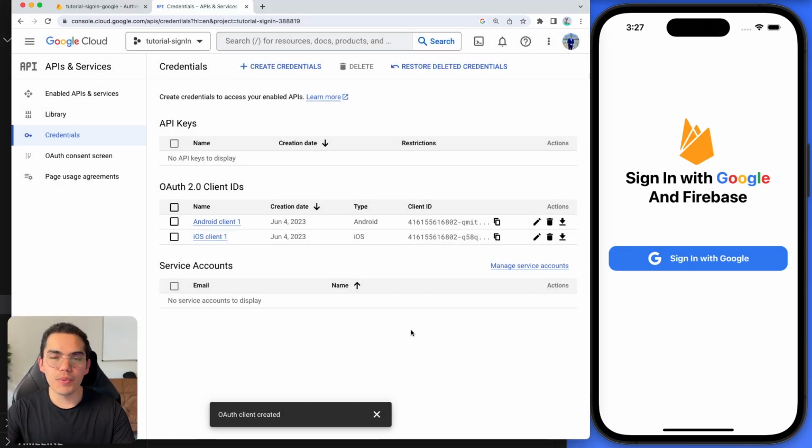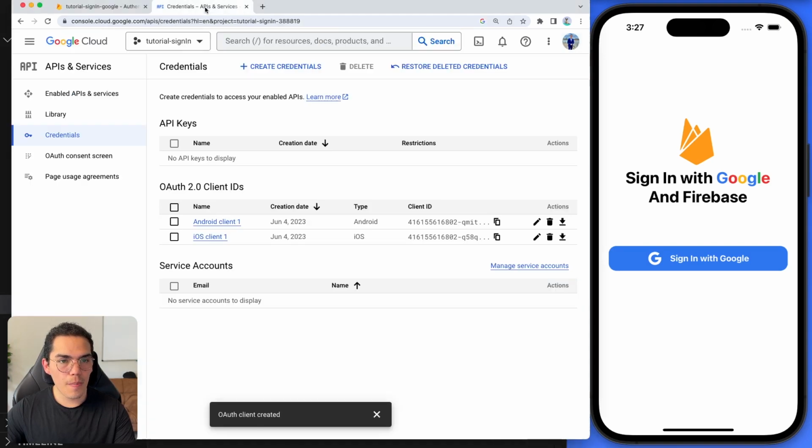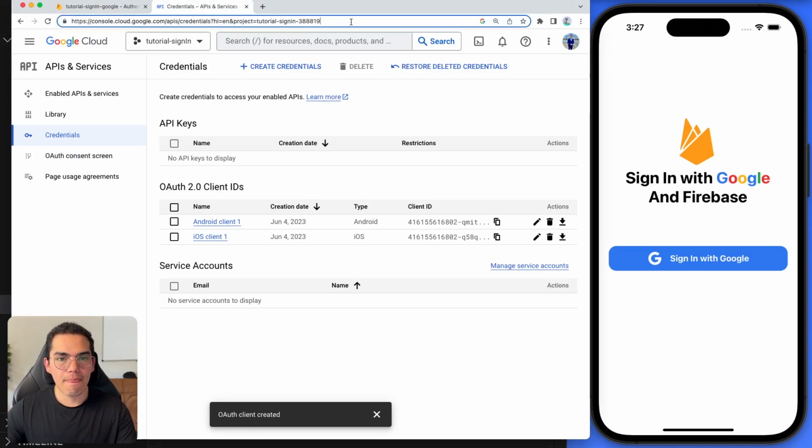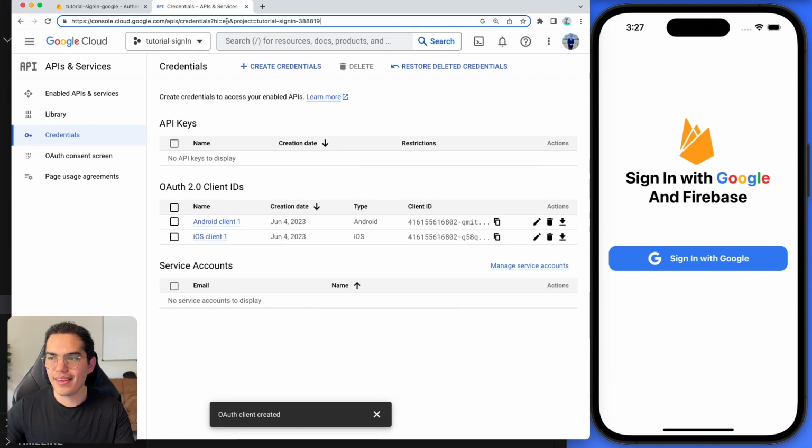But there's another important thing that we need to do. Okay, so let's select this web client ID in the Firebase console. And here I'm going to go to my, well, and I'm going to zoom here a little bit. Well, I cannot zoom here on the link. But what I want to do here is basically go to